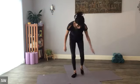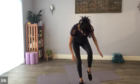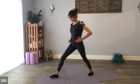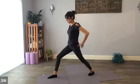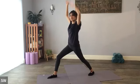Stepping back to a warrior one with your right foot and mirroring you. So weight into the left foot, step the right foot back, and the hips are squared to the front. Front knee over the ankle, bottom tucked until you get a hip flexor stretch in the top of that back leg. Let's lift the arms overhead and go for that big stretch again, where we're feeling the